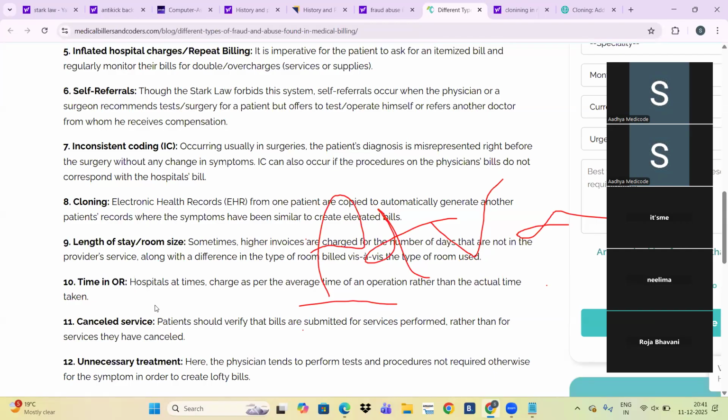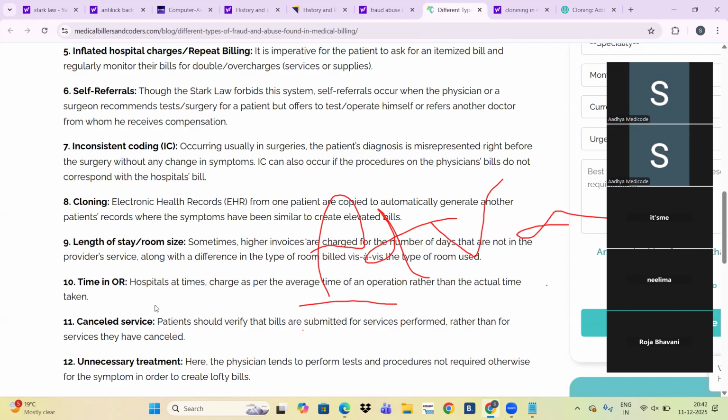They will take one patient record and create another patient's record with the same symptoms, and create bills. That is cloning. Upcoding, cloning, phantom billing: if done wantedly, knowingly, it is fraud. If done by mistake, like medical coders making errors, it is abuse.